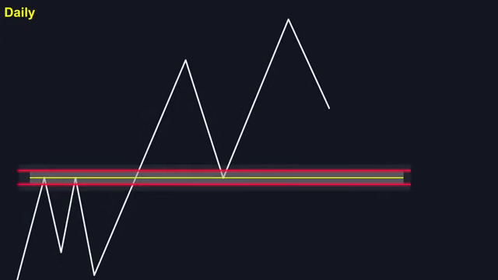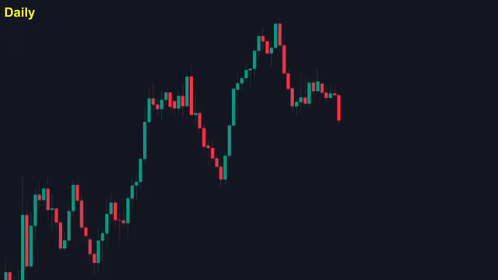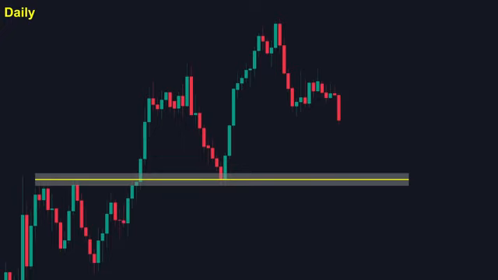Let me paint you a picture of what I mean. Imagine this scenario. You have a daily time frame with a clear key level ahead of current price. You still have plenty of empty space before reaching this level on the lower time frames. In this situation, you can enter short positions with tremendous confidence, knowing that there are no significant levels acting as barriers for price movement. However, the situation becomes very different at key levels.